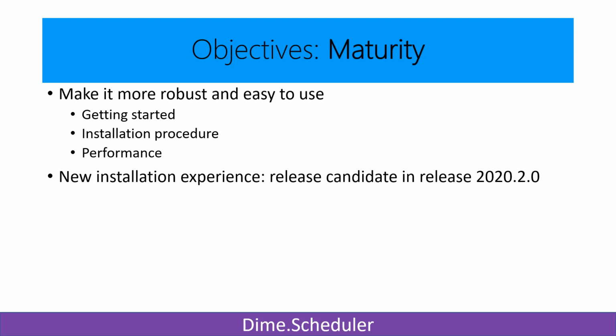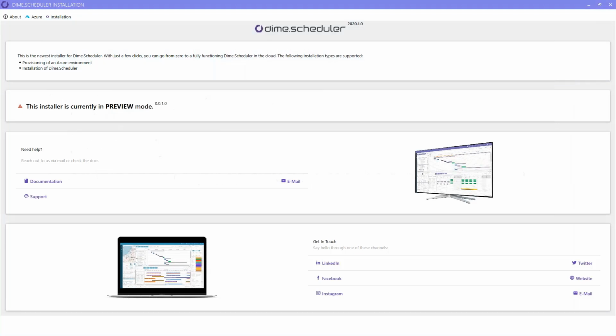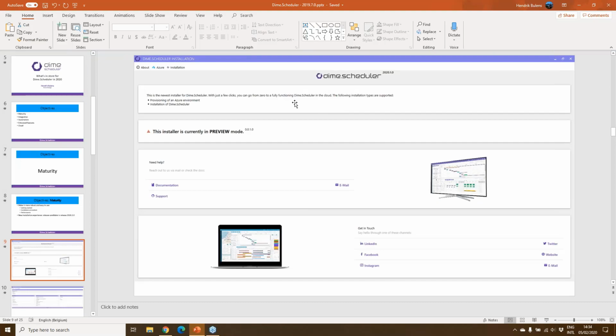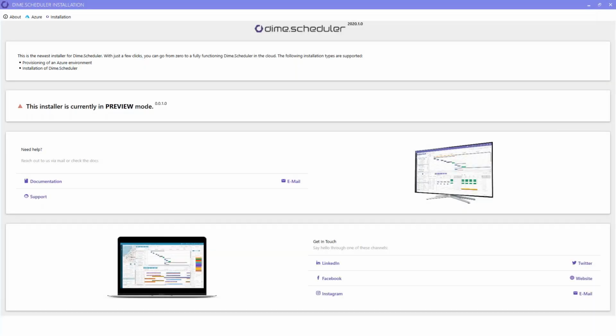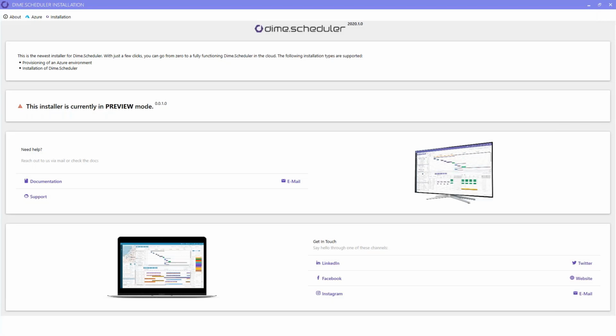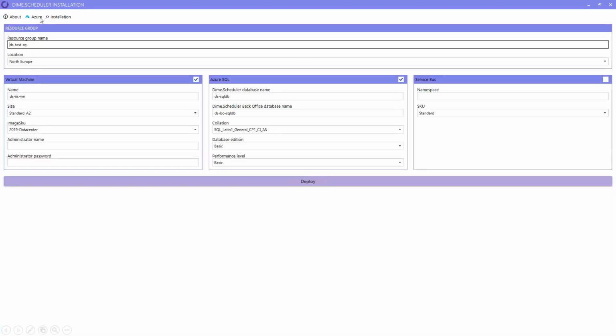Now, just to give you a little sneak preview, here's a little example of the installer. So this is the startup view. You'll see some links to documentation. You'll see what this application is going to do. And more interestingly, we have two extra tabs at the top. We have an Azure tab and an installation tab. Oops, I'm sorry about that. There we go. If you go to the second tab here, the Azure tab,